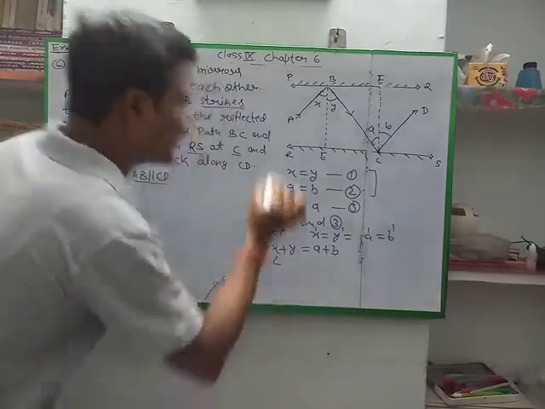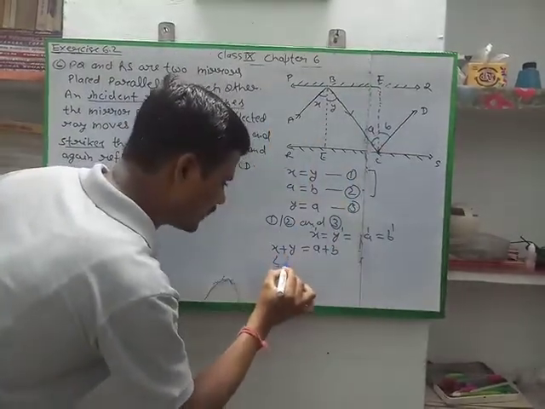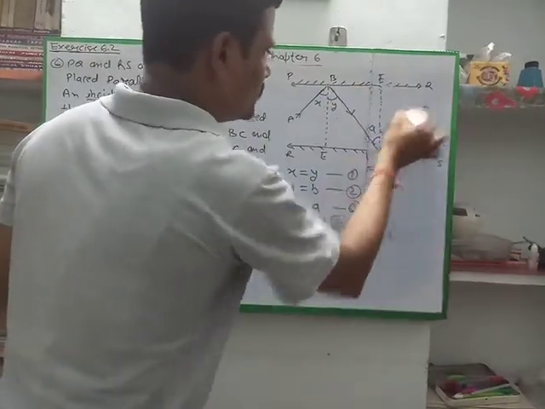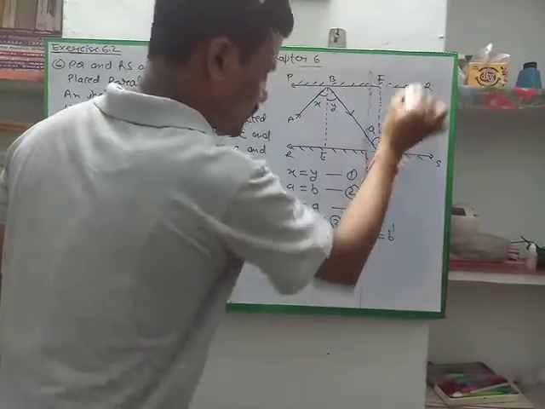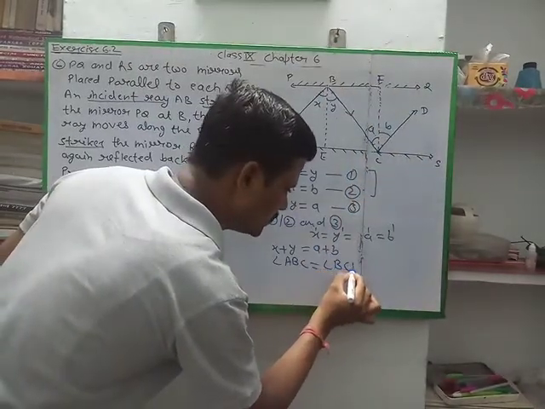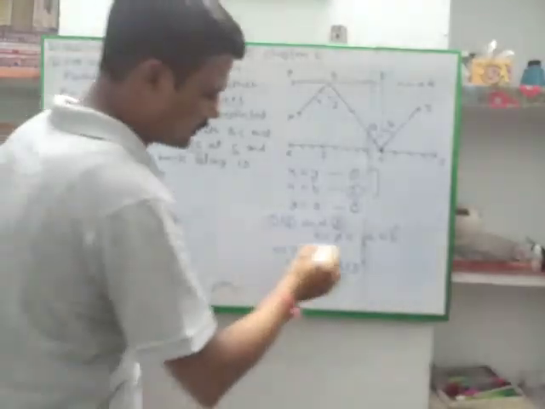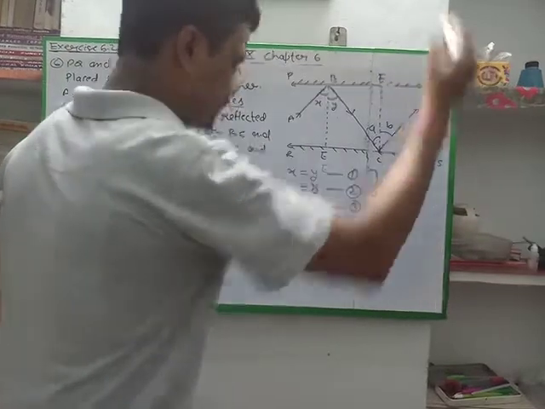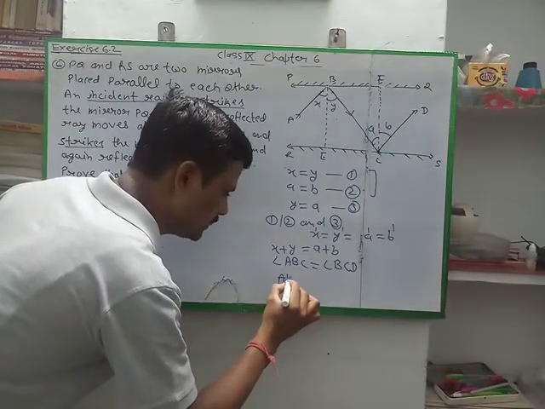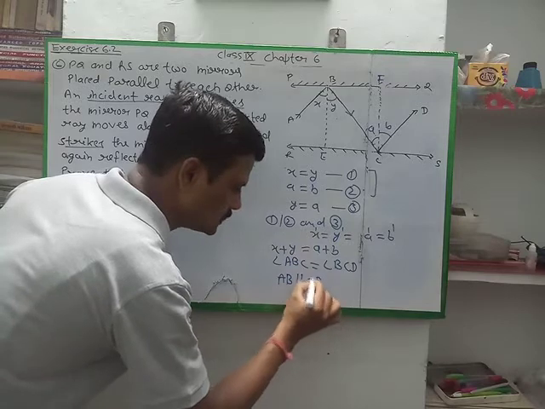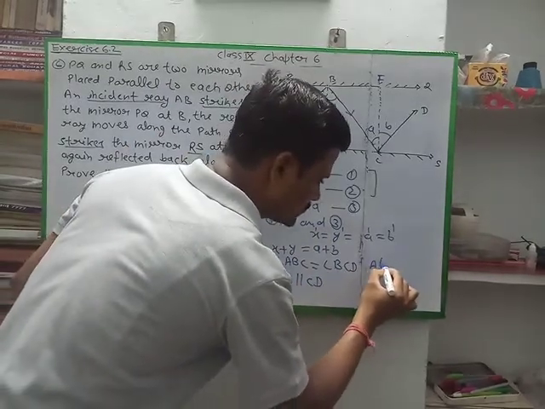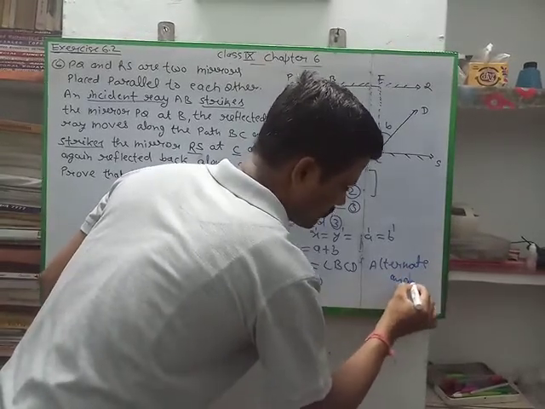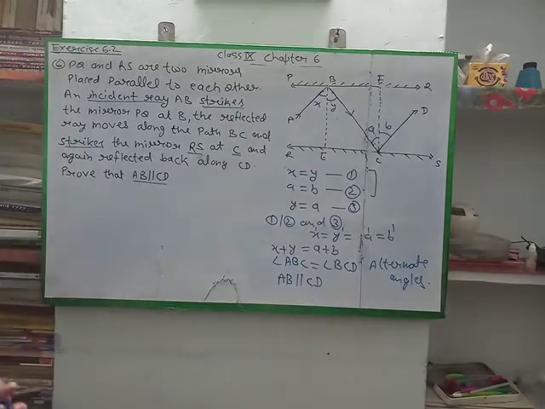So we can write down the angle ABC. You can write down angle ABC is equal to A plus B, means angle BCD. A plus B means angle BCD. And this will be possible in one case only, when AB is parallel to CD. So that's why AB parallel to CD. So these are alternate angles. You can write down or take the snapshot.